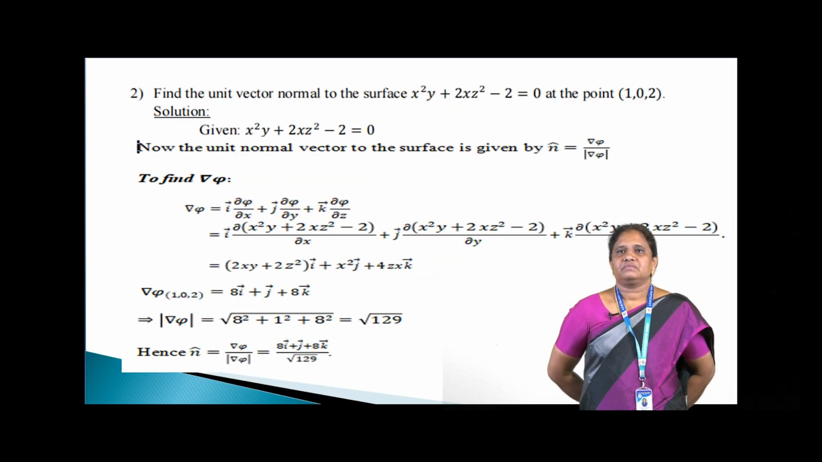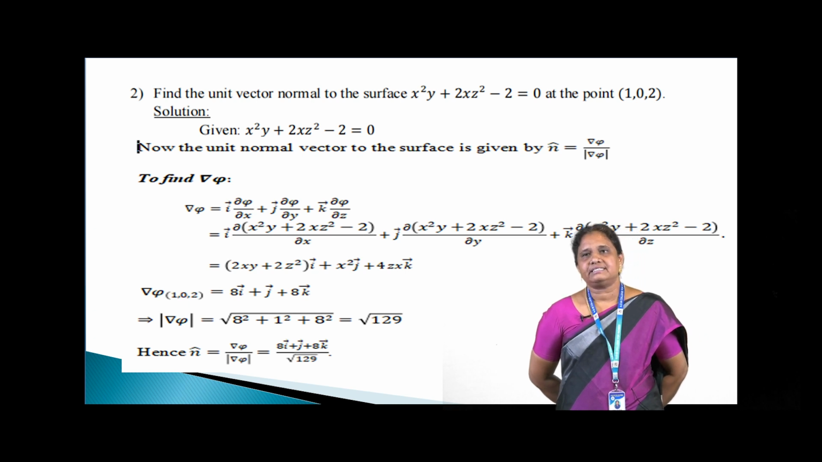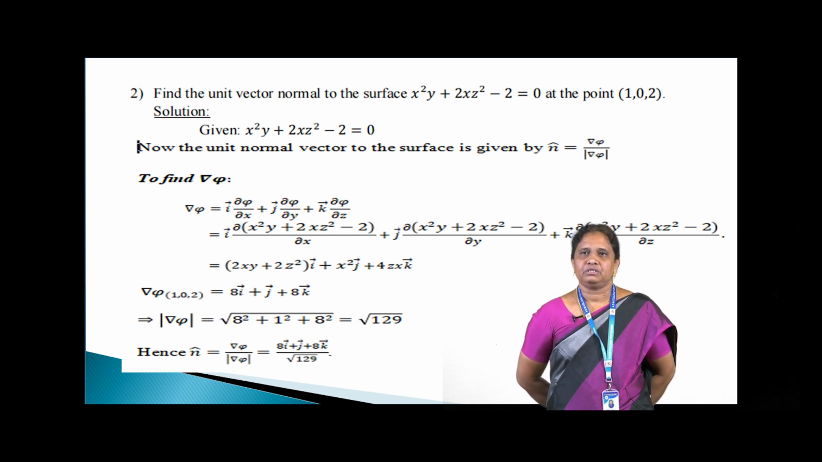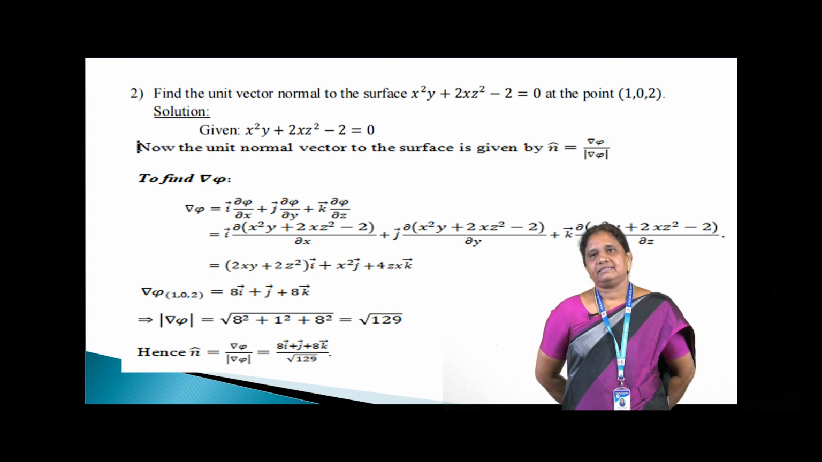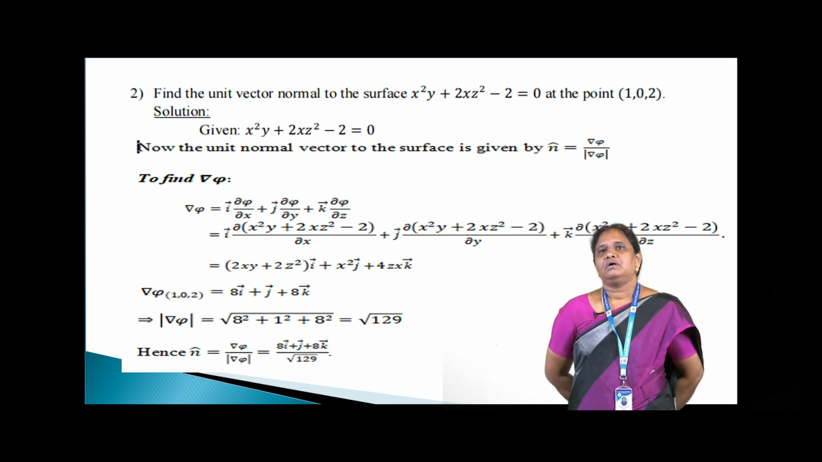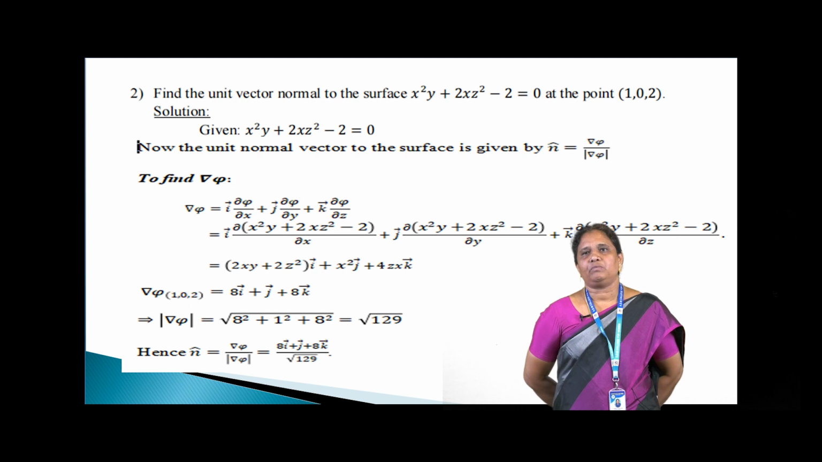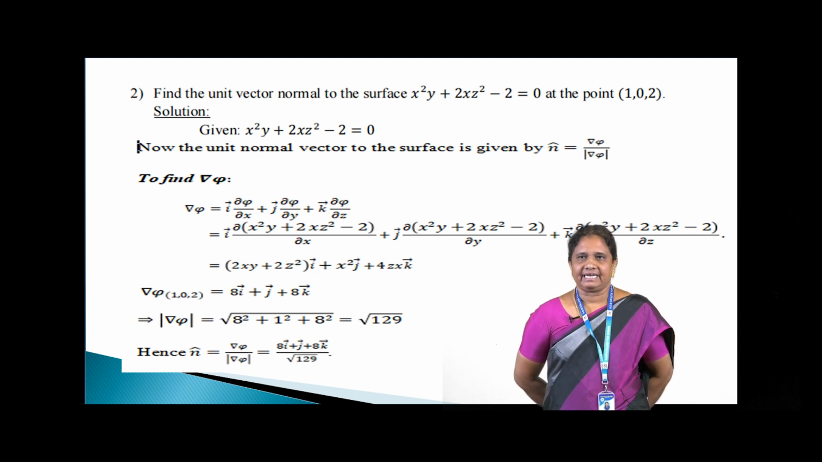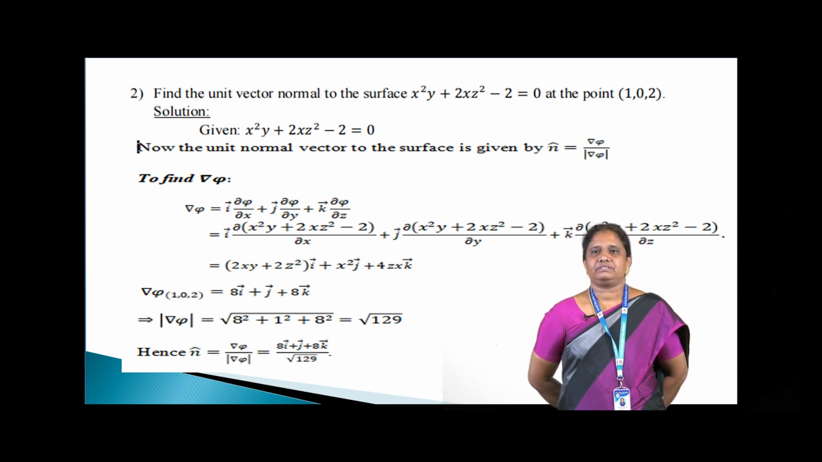The second problem. Find the unit vector normal to the surface x squared y plus 2x z squared minus 2 equal to 0 at the point (1, 0, 2). So the given data is the surface equation phi, that is x squared y plus 2x z squared minus 2 equal to 0. We have to find the unit vector normal to the surface, and the formula is del phi by modulus of del phi. So first find grad phi, that is del phi, and then modulus of del phi,